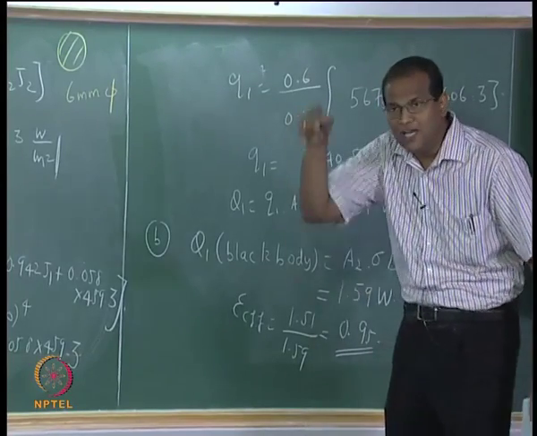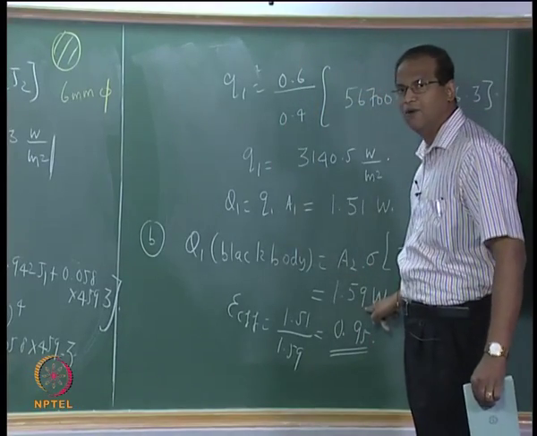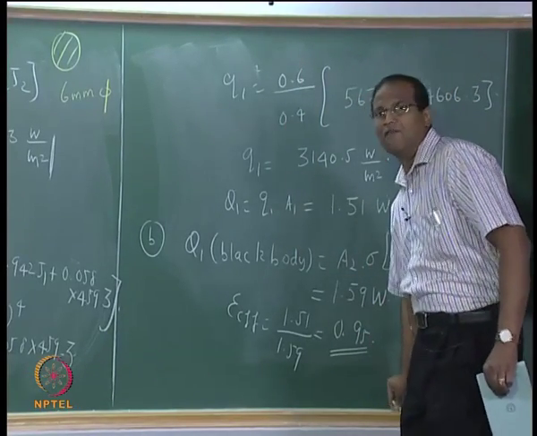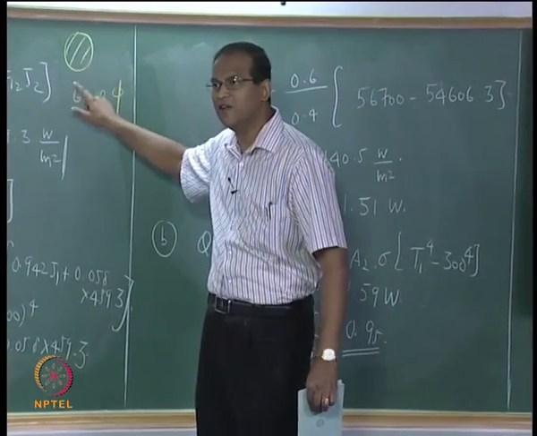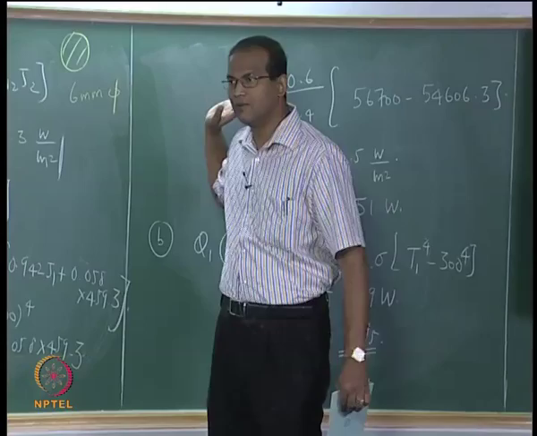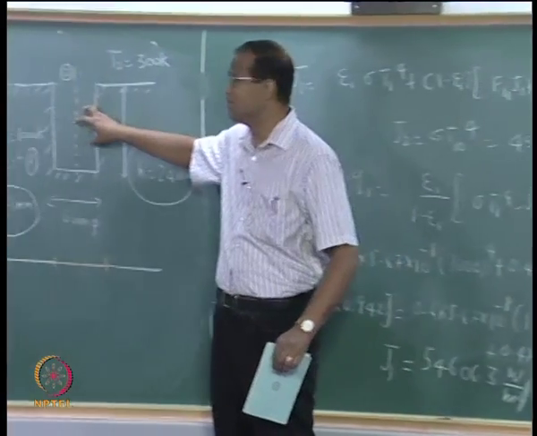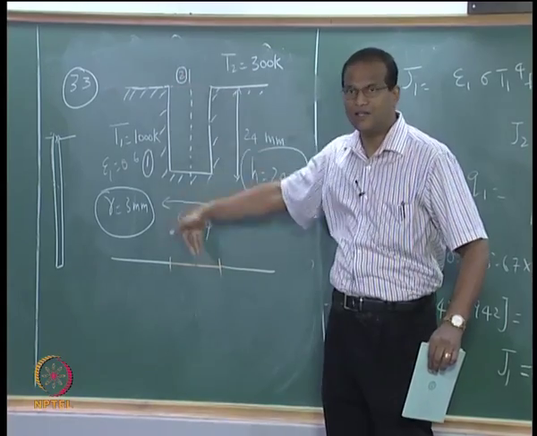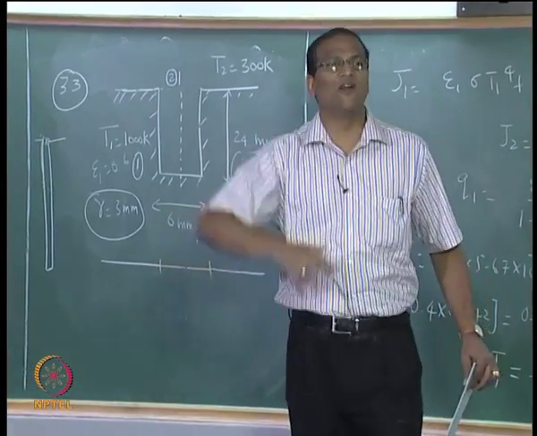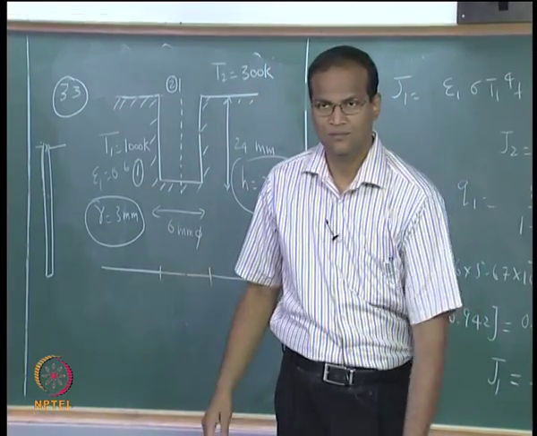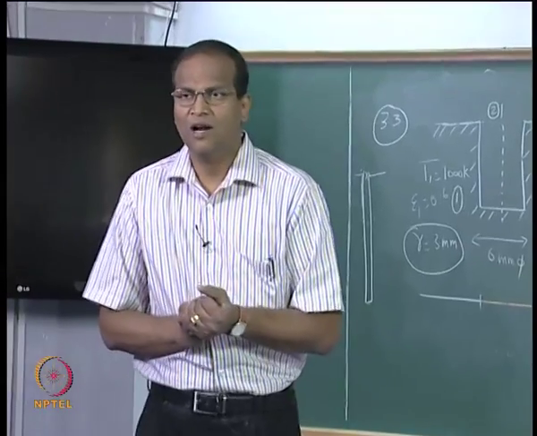So, if I keep on increasing the depth further it is possible for me to reach the asymptotic limit of 1.59, but never will I be able to exceed sigma into T to the power of 4 minus T infinity to the power of 4 into pi d square by 4. Okay. All this increase of the effective area because of the increase in the depth is only helping me overcome my deficiency of having a poor emitter of 0.6, because it is very difficult to get a black body, and